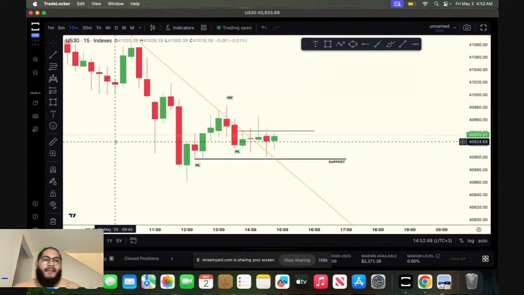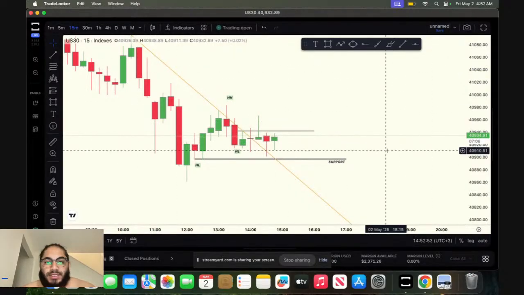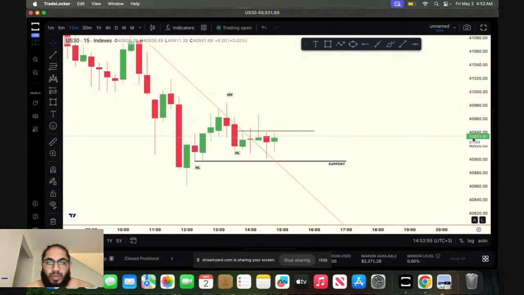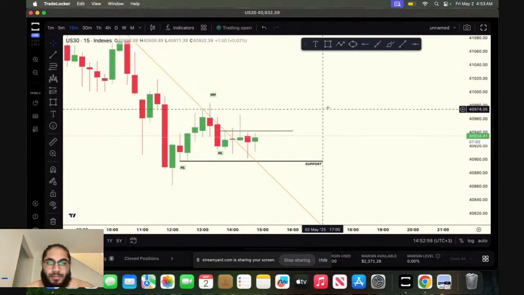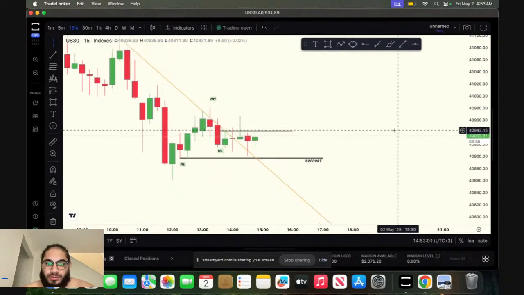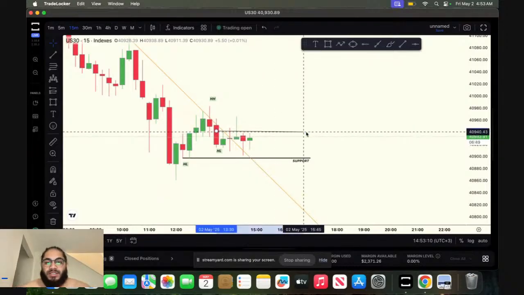So currently, like I said, today is Friday, May 2nd. Currently, I'm looking at this position right here on US 30. Entry, like I said, would be based off this candle right here. If we can get a closure above this resistance line,